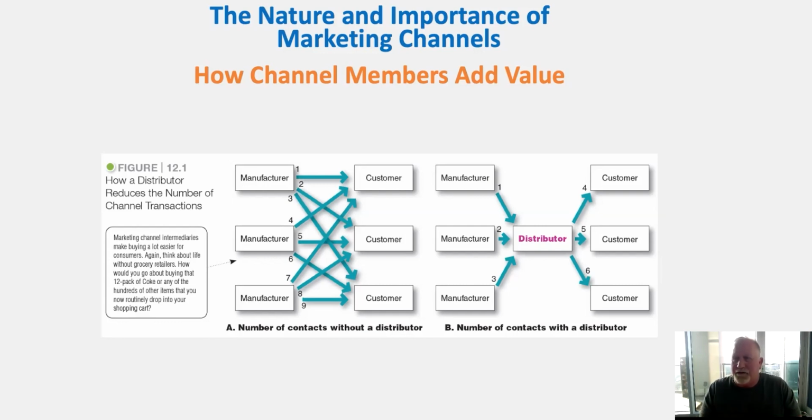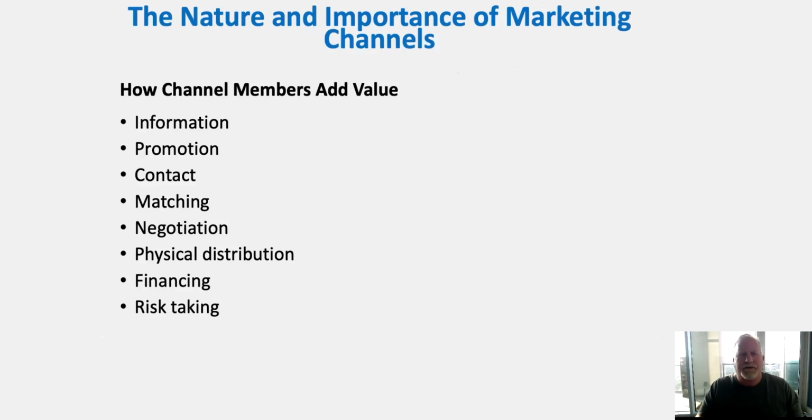But what that distributor does is they actually take in all of that stuff, they package it, put it on the shelves, help to market it, and get it out to that end consumer. And as a result of that, the number of contacts that that distributor takes and consolidates really makes it much better for that customer. Now, this is true for all kinds of distributors. We were talking about retail, but these are all kinds of distributors that take on this function of helping companies get their products and services to market more efficiently so that that market can leverage what we call these intermediaries in the marketplace. So what are some of the value that we talked about, that value of helping them distribute,